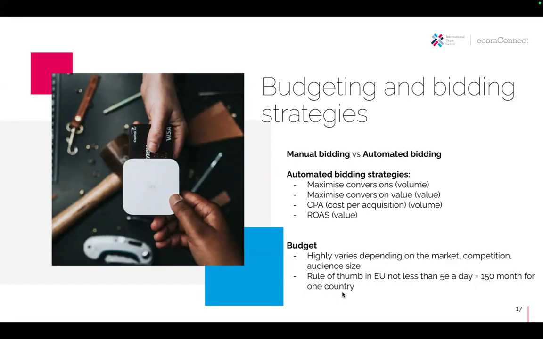So if you want to advertise your product for a month to Germany, for instance, you might think, okay, this €5 a day, which equals 150 a month, will cover Germany. And then next month I will go to Lithuania or the Netherlands or wherever it is that your audience is in. But again, this is just my rule of thumb that I wanted to give you as a tip, rather than a rule that you should follow.